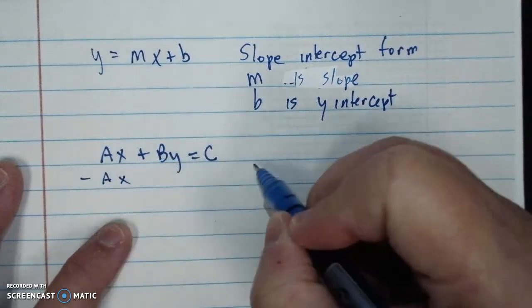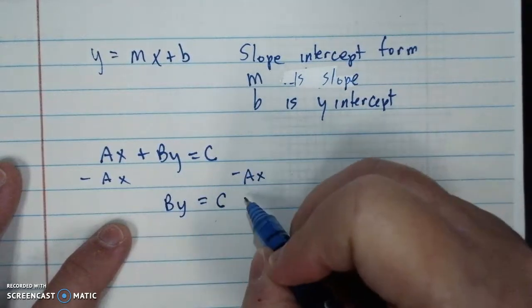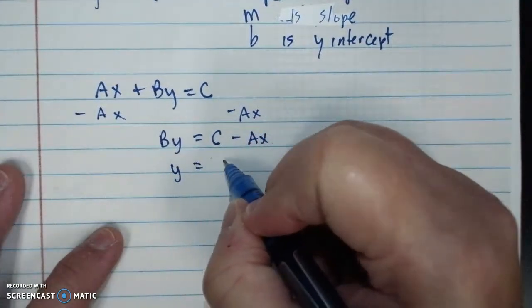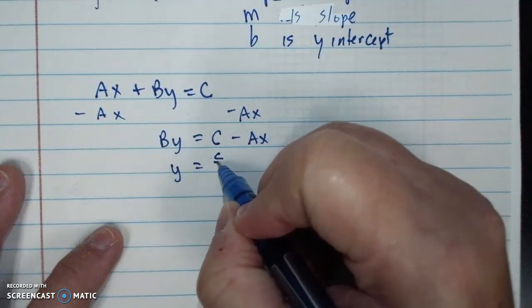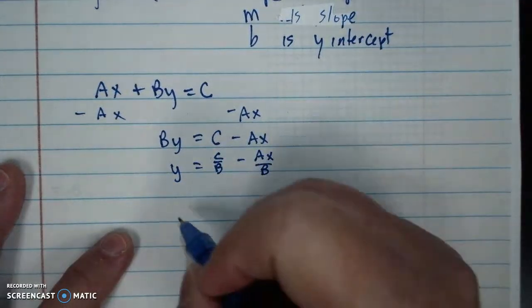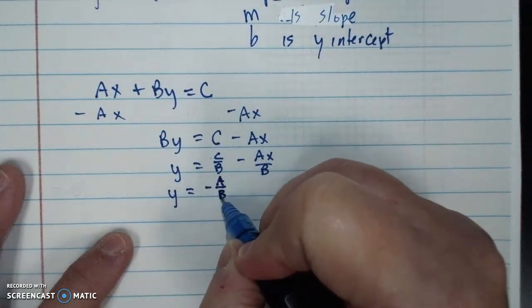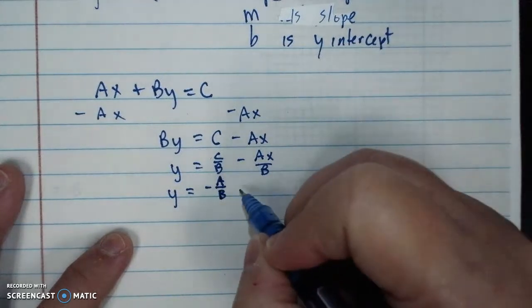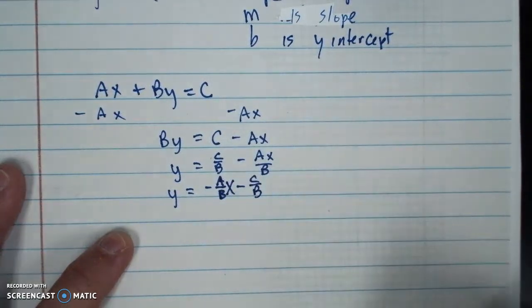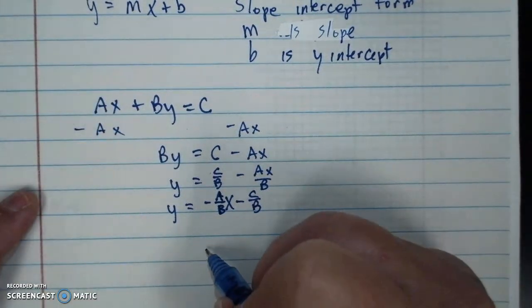subtract ax from this side and subtract ax from this side, so you would have by equals c minus ax, and you would divide by b, and you would get y equals c over b minus ax over b, and then you would flip it around and you would have y equals negative a over b x plus c over b, and now it's back to y equals mx plus b,